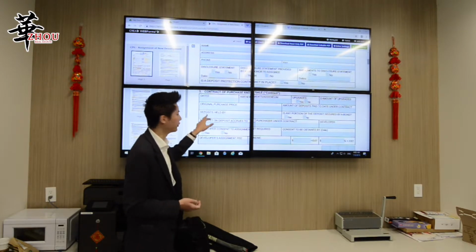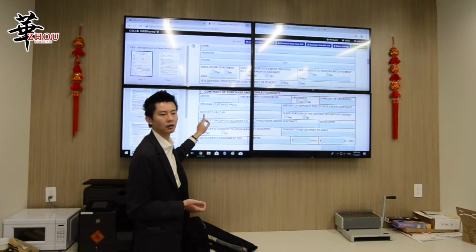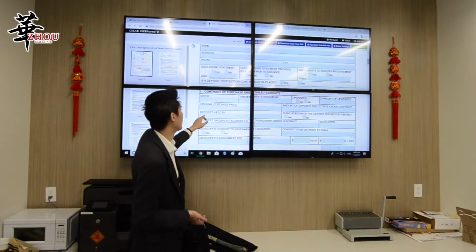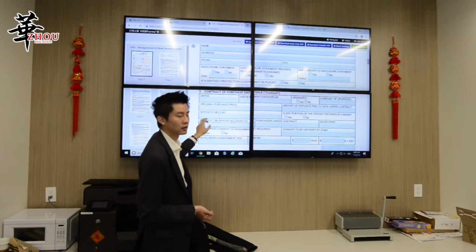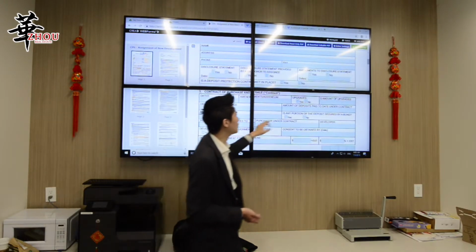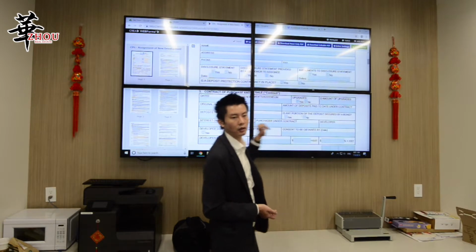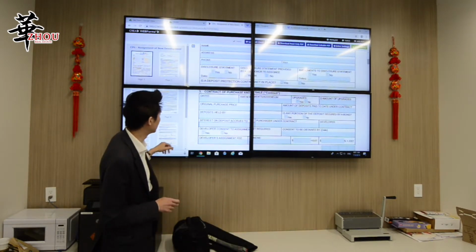Deposit held by. Usually the deposit is held by the developer's lawyer. For Oni, they hold the deposit themselves. It's usually Oni Realty that holds the deposit. Other realty companies have a lawyer holding the deposit for them. And then, is there any deposit secured bond? This one, no. I haven't seen anybody who has a security bond yet.